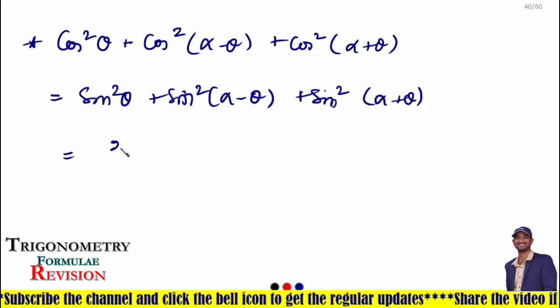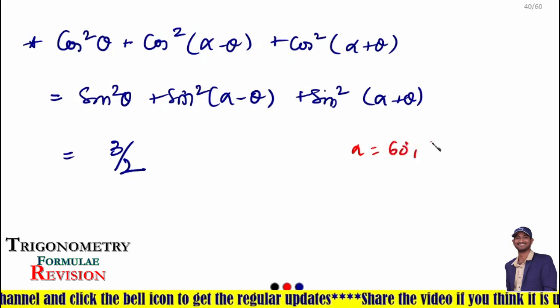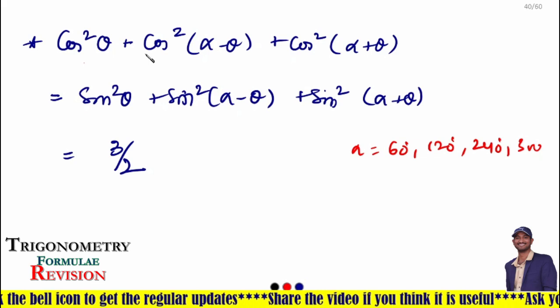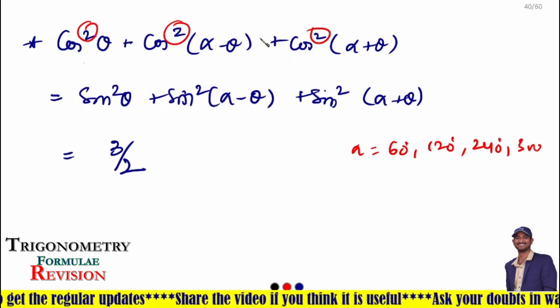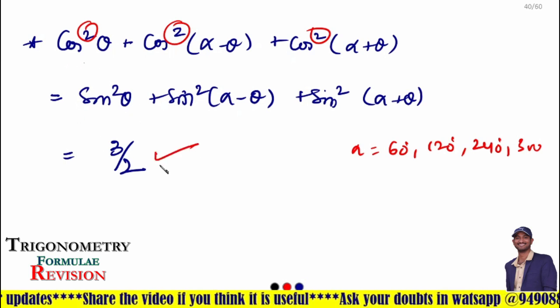Both are equal to 3 by 2, where alpha is 60 or 120 or 240 or 300. Here addition, but we have squares. Okay, please remember that. Whenever cos square or sin square, in both the cases you will get the direct value